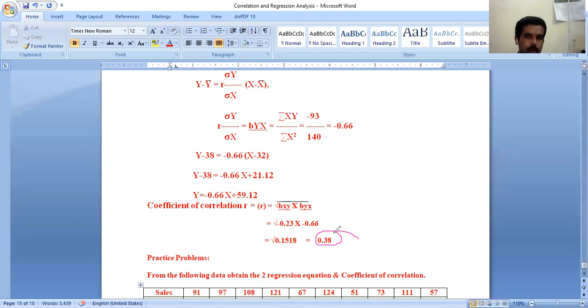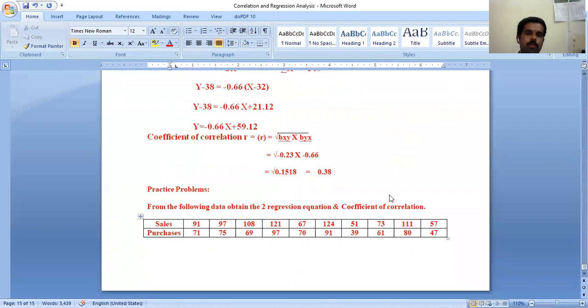Okay, I have given a small problem. Please try to practice this problem. The same procedure you need to apply. Practice problem, and in tomorrow's class I will try to get more problems for your practice purpose. And tomorrow's class we will meet for discussion on regression analysis, that is assumed mean method. So thank you very much for listening, class. Observe this problem and try to solve this problem. Thank you.